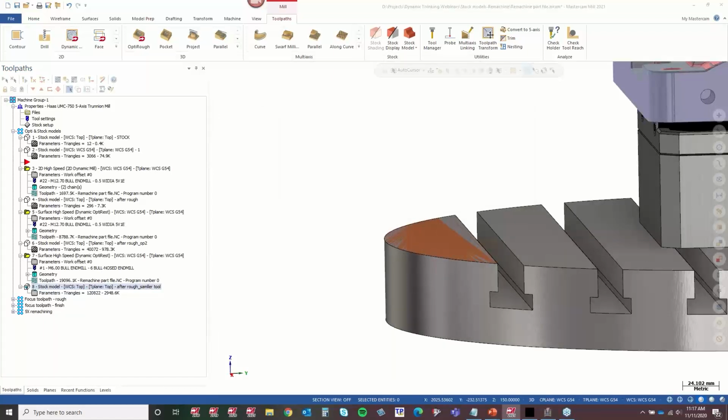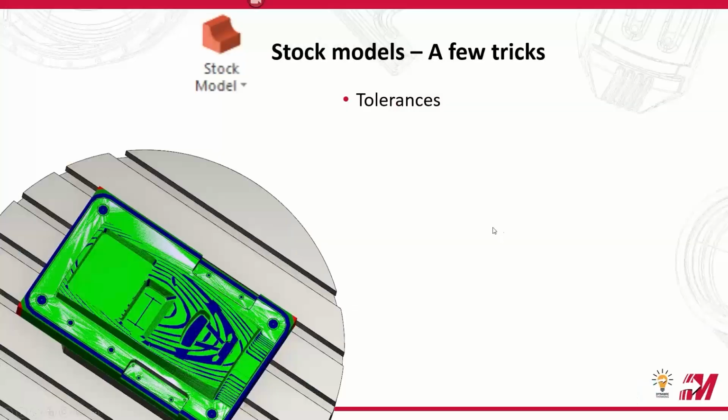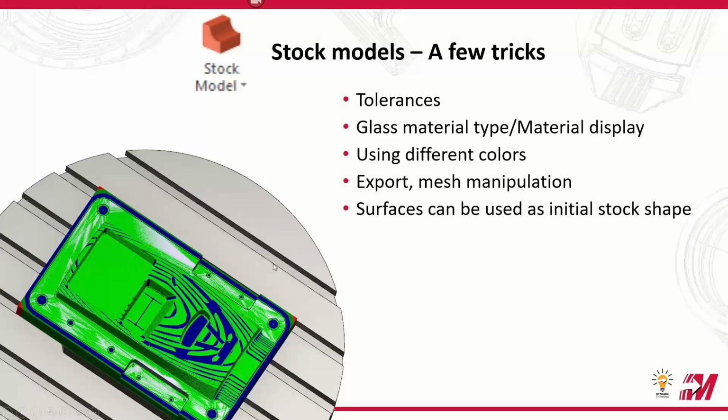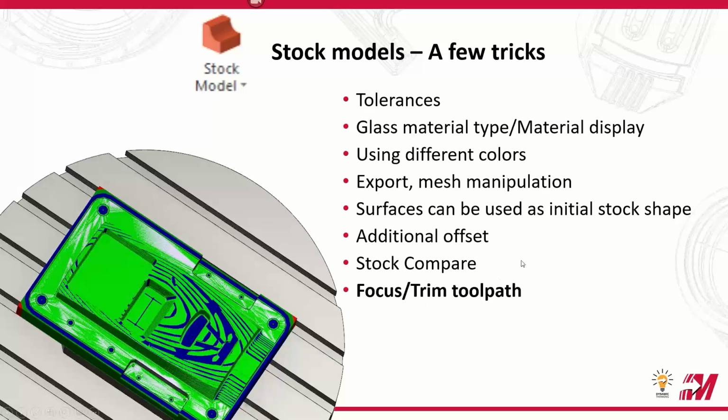If I jump back into my PowerPoint here, this image right here is going to be very similar to what you're going to see in your stock comparator. So you can see in the corners, I'm leaving up to 5 millimeters, but on the part itself, it's somewhere between 1 and 1.5 millimeters, right? So it's just based off of your stock to leave and how it calculates. It's going to color code the model.